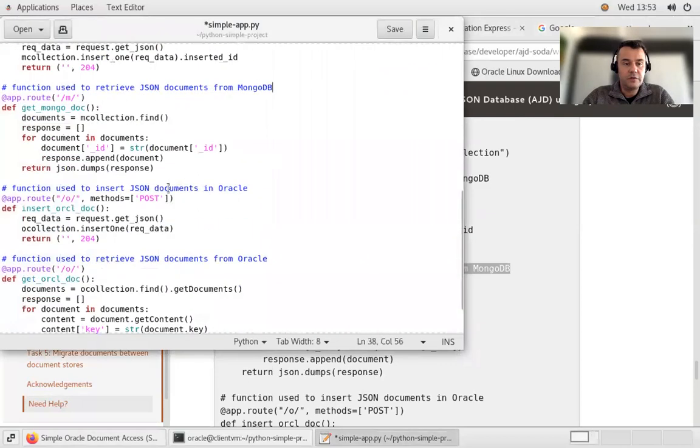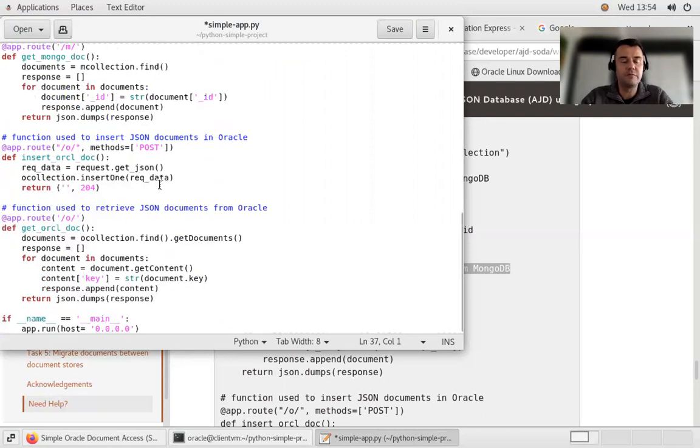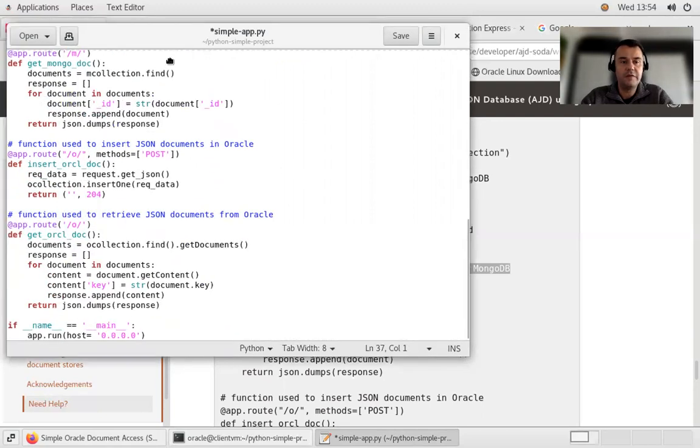The function to insert documents into the Oracle database, this is the one. So the O means Oracle, M means Mongo. But the rest of the URL will be the same. You have to make sure you post to or access the right web service. You can give it a more complex name just to make sure you have the right URL. Once I have this